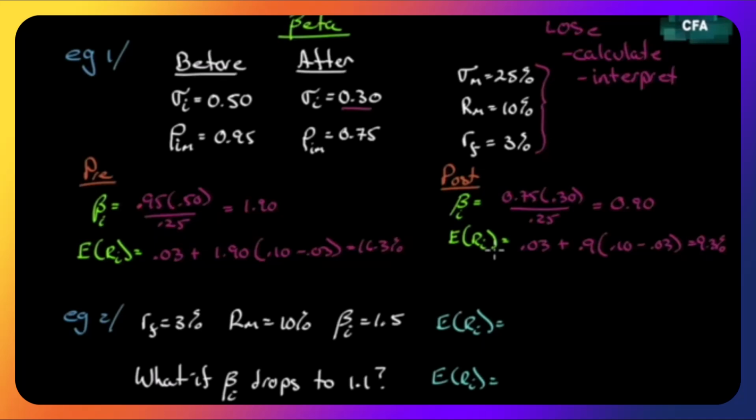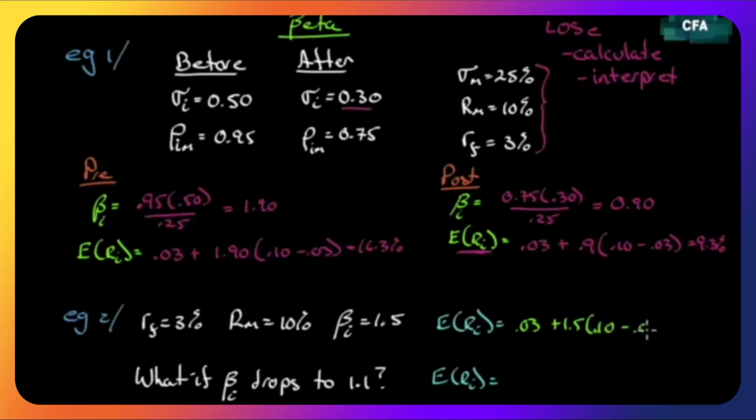Example number 2, risk-free rate is 3%. Return on the market is 10%. Company has a beta of 1.5. What's its expected return? Simple enough on this one. 0.03 plus 1.5 times the equity premium, which is 0.1 minus 0.03, will give us